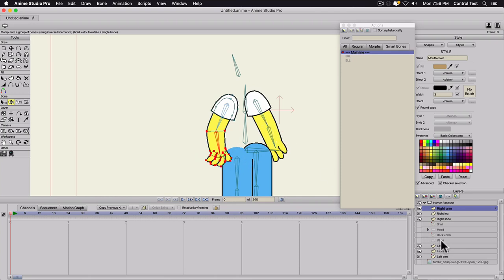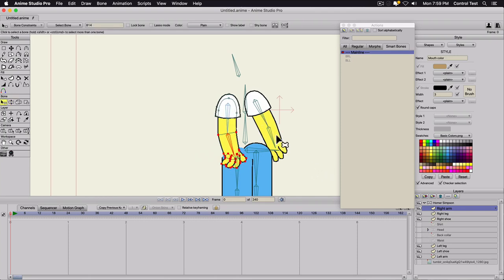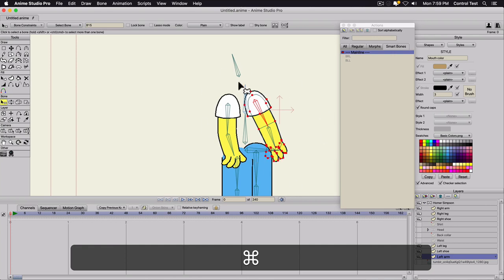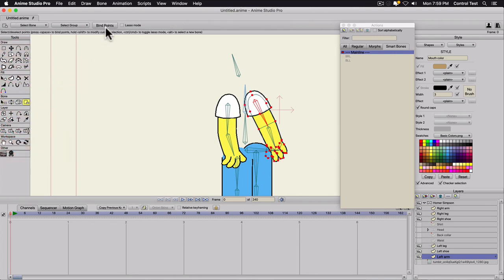And we'll do the same for the other side. Hit B. Select the upper left arm. Select the left arm artwork. And hit Command A. Again, you can do G and select everything, or just do Command A. Selects all the points. Bind points